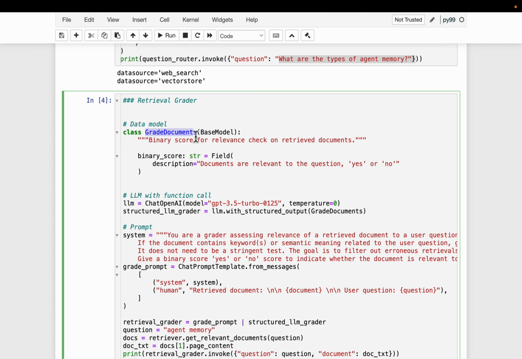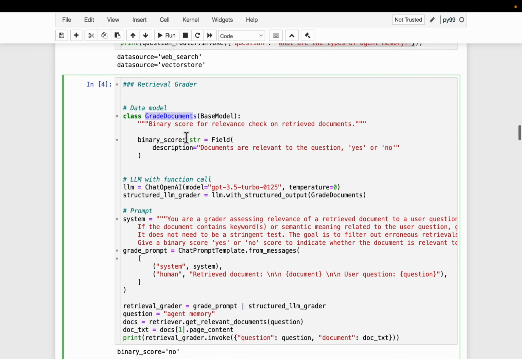We have three graders: grading the documents, grading if the generated answer is grounded or hallucinated, and the third grader is if the generated answer is actually addressing the user query. Okay, all right.